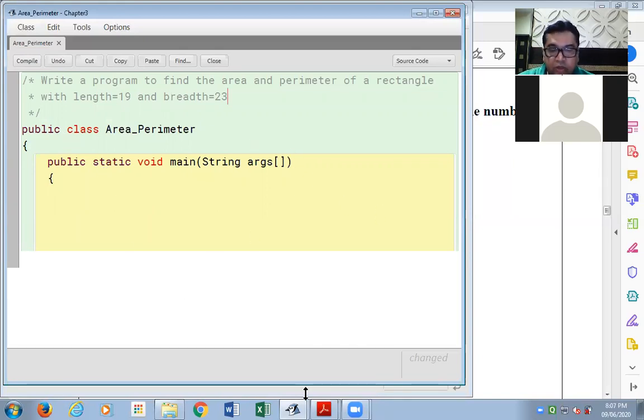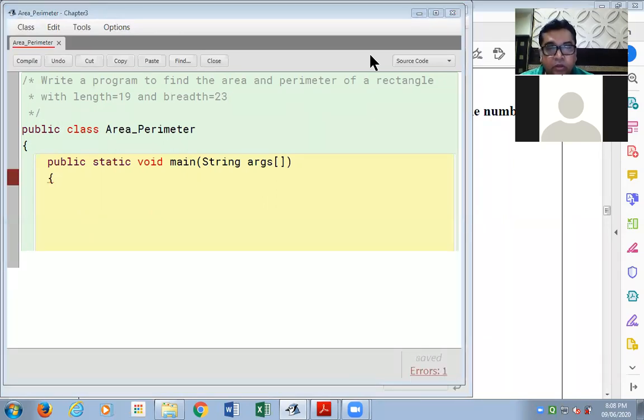Now, in the last session, I had demonstrated to you with respect to the area of a triangle what is base and what is height. I had made a diagram, a triangle, and pointed out to you. I know this is something very basic, but I'm still demonstrating it to you. Say this is a rectangle.